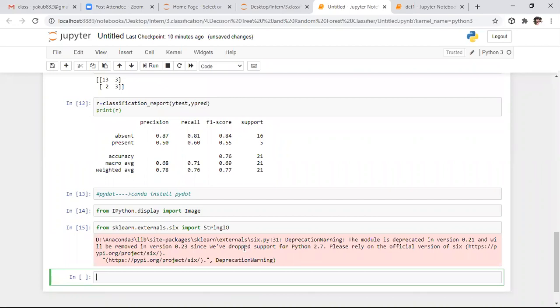So after this, we need to visualize the tree, right? For that purpose, from sklearn, we need to go to the tree family.